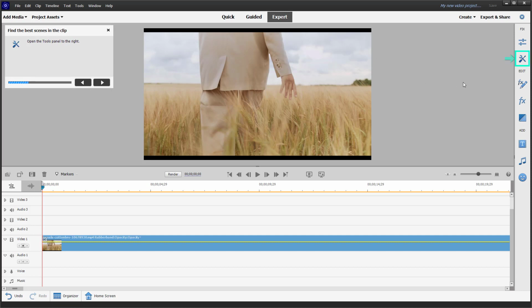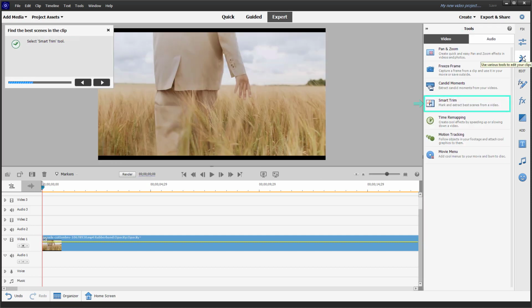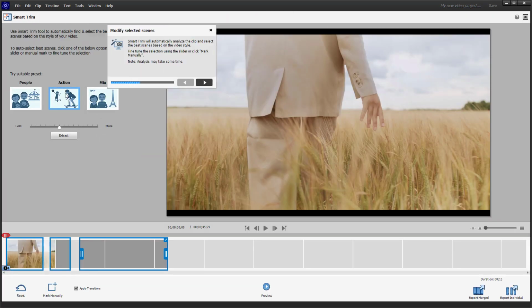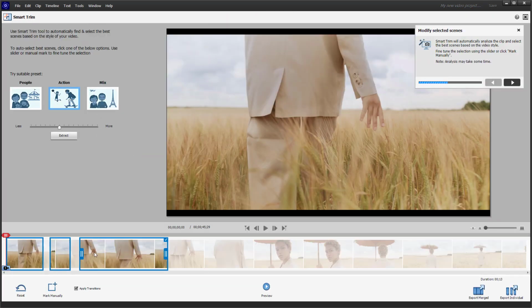So it is suggesting I open up the tool panel on the right here, and it is asking me to use the smart trim. It is analyzing the footage to detect the action scenes. Now it says the smart trim will automatically do that, and it says it may take some time, but it's already there. We can use this and analyze it even more. So let me just stick to this and click on next,